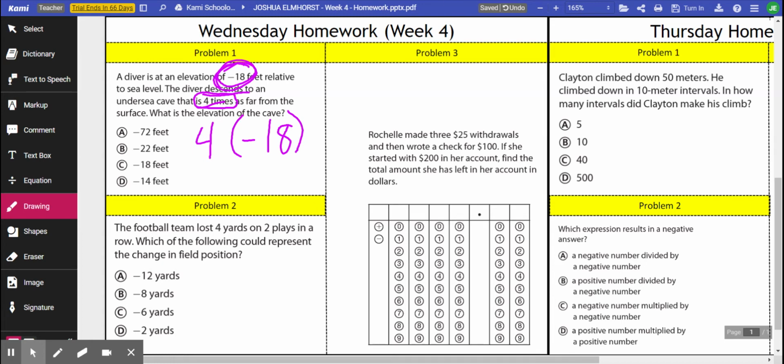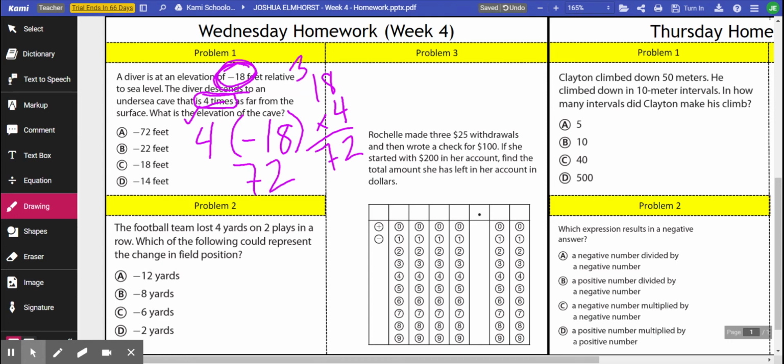Now, it says he's descending 4 times as much. He doesn't say that he's descending in the opposite direction. So we're just going to say it's 4 times as much. So 4 times 18